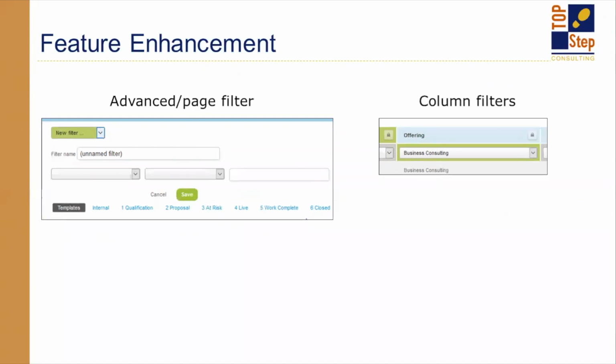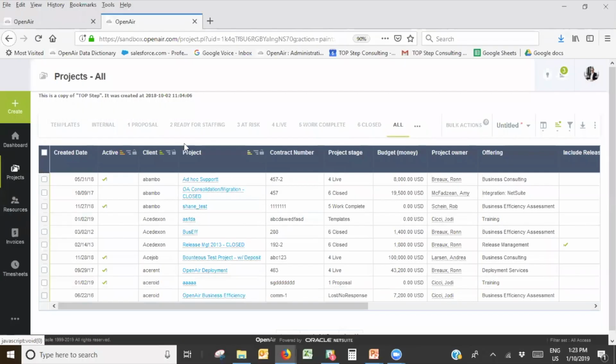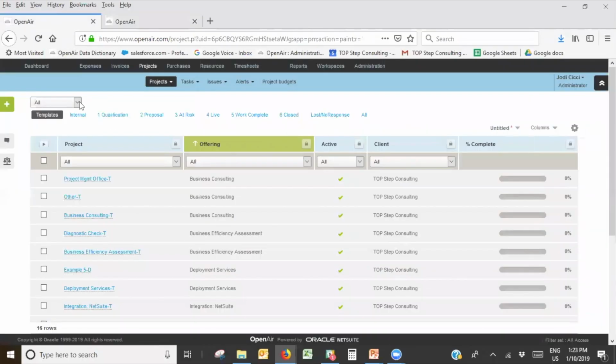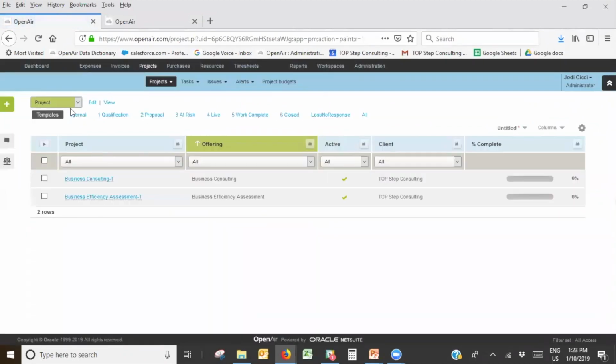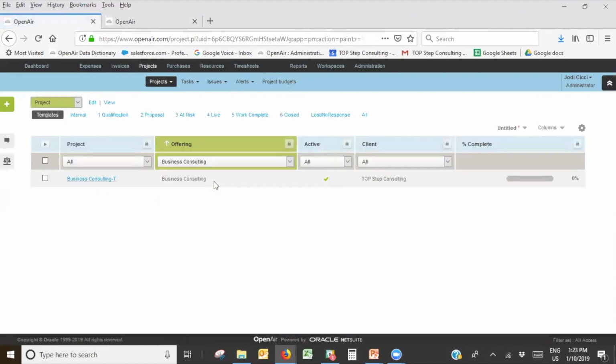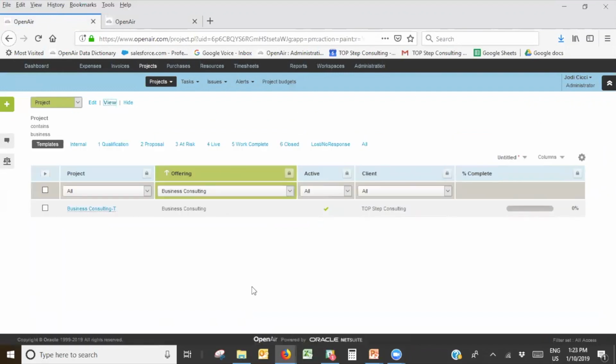So if I go into our system, I can pick like a column filter here. Or sorry, this is a page filter here. I can pick a column filter here. And then that gives me the ability to filter everything down the way I want with 2 different options. Okay. This actually has been dramatically changed